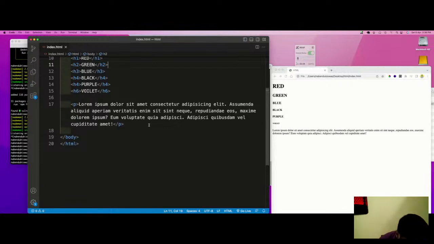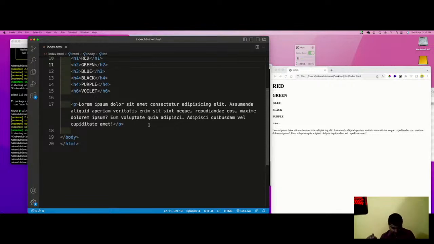So from there the evolution of this lorem dummy content happened.